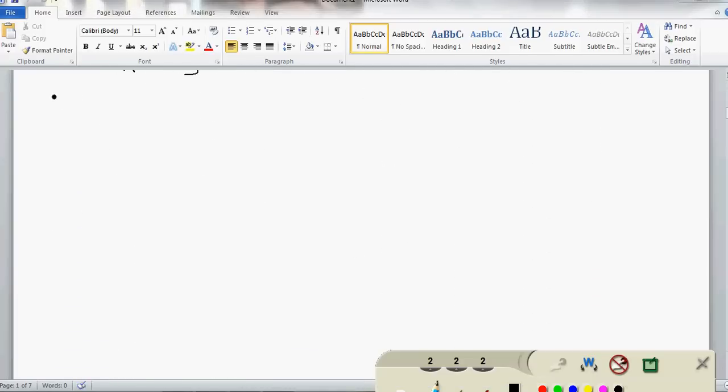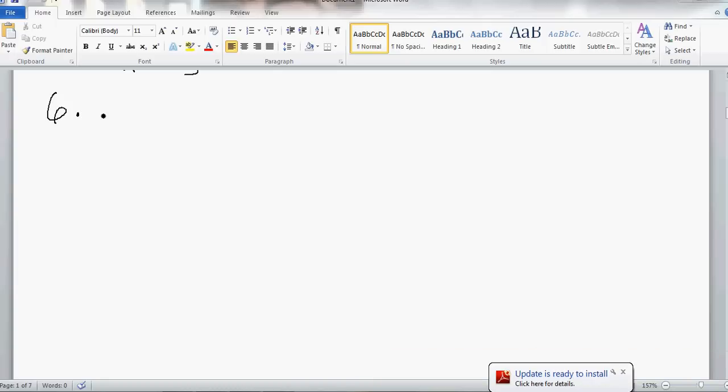And finally in this group, number 6, the natural log. Okay, here we have a little bit of a different sort of problem. Natural log, this ln right here,